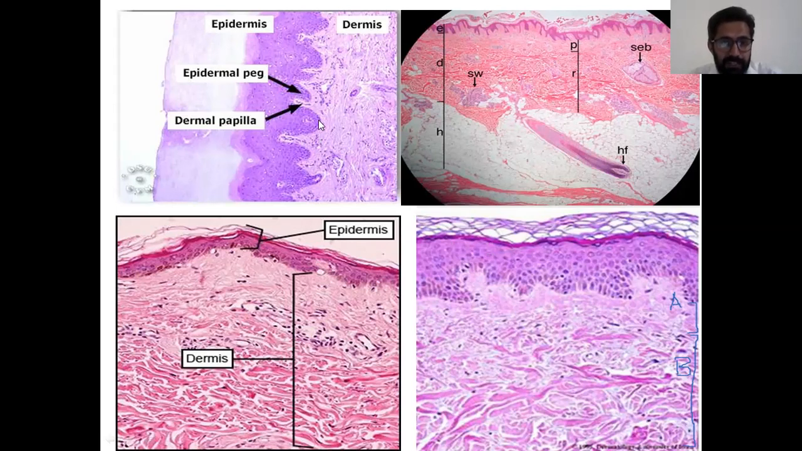And just look at the junction, there are certain parts where the epidermal part is invaginating deep into the dermis, and that part of the epidermis is termed as epidermal peg. Opposite to that, just to make